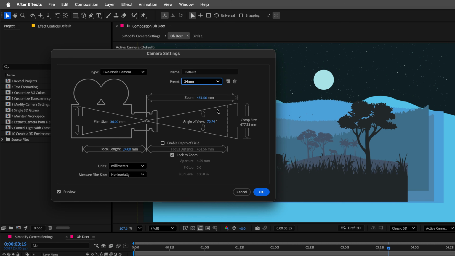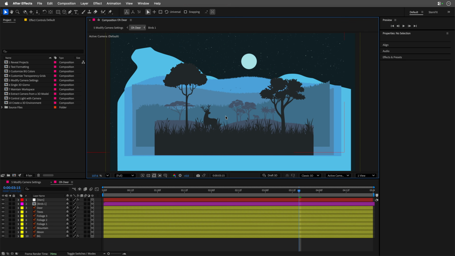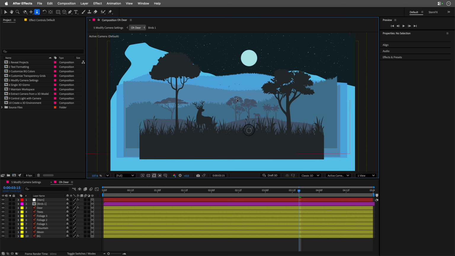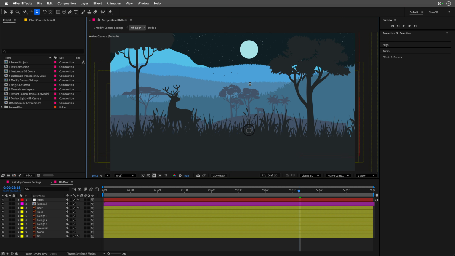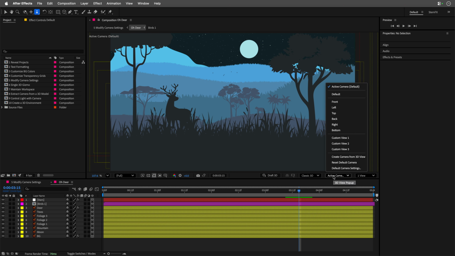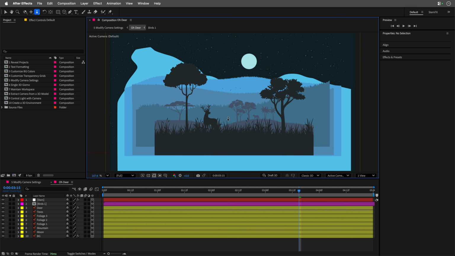So let's go with 24mm, and this is going to give me a different lens. So if I dolly in, I've got something which is a better starting point in this case. And again, every time that I go to this menu and choose Reset Default Camera, it will reset itself to